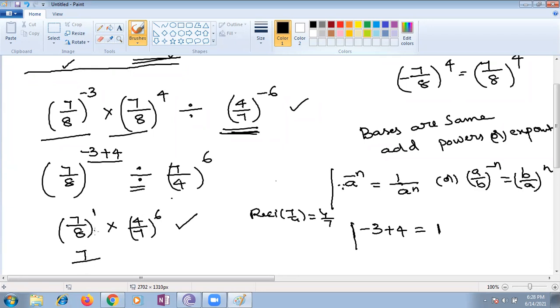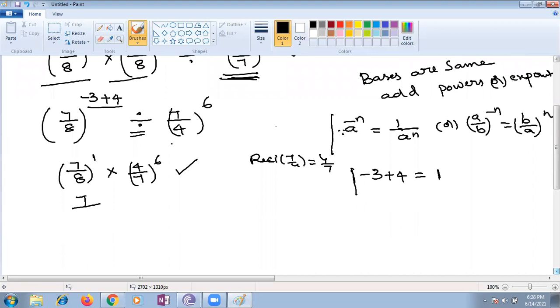Once you get this step, it is a very simple logic. Numerator and denominator we can take as 7 by 4, 7 by 4. So 7 power 1, 4 power 1, and 8 can be written as 4 into 2. That's nothing but 4 power 1 multiplied with 2 power 1. The same way this can be written by the law of (a by b) whole power m.